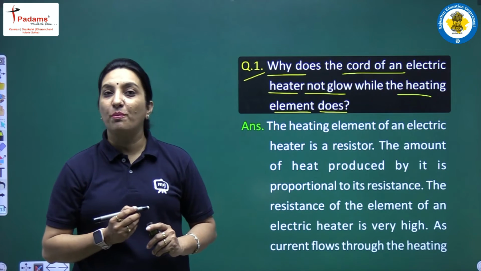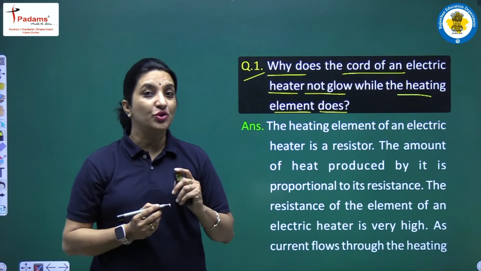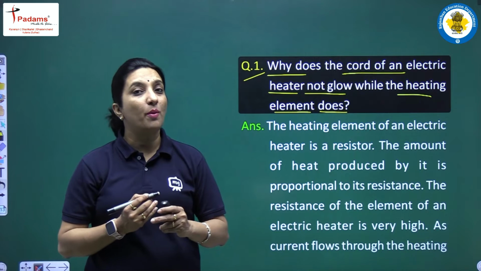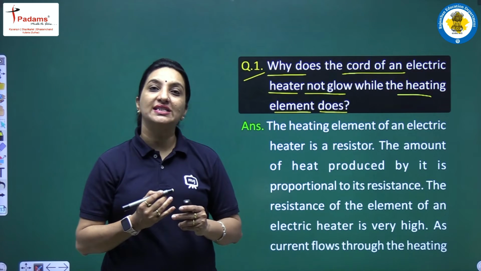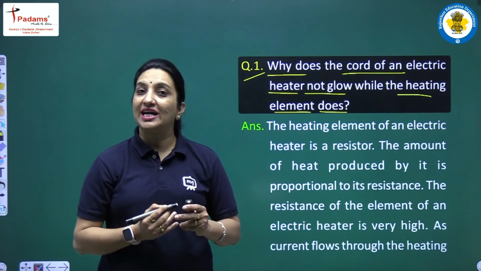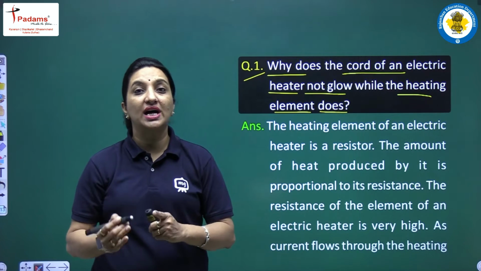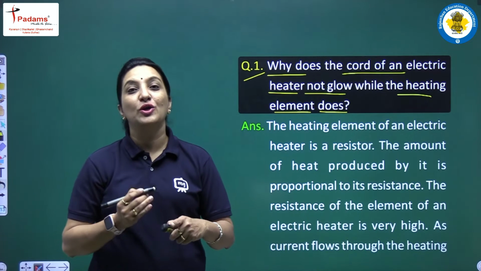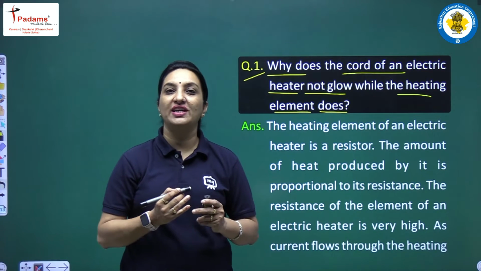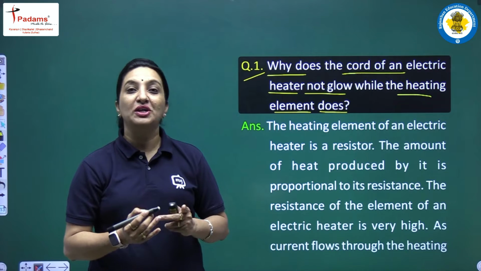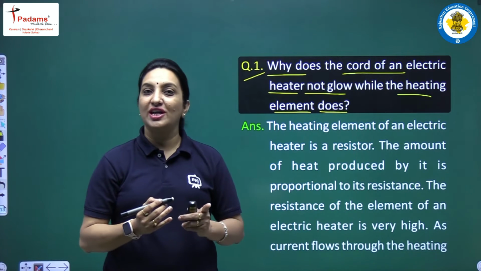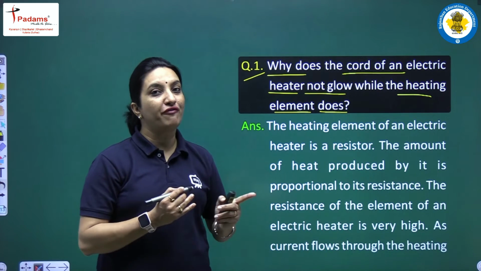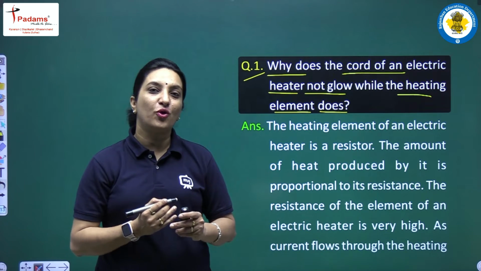वो बनी हुई होती हैं कॉपर या एल्यूमिनियम की। तो जो कनेक्टिंग वायर्स हैं, जो कॉर्ड्स जिनको बोला है, वो कॉपर के बने हुए होते हैं। कॉपर इज अ गुड कंडक्टर ऑफ इलेक्ट्रिसिटी। अच्छा कंडक्टर है मतलब उसका रेजिस्टेंस कम है और रेजिस्टिविटी भी कम है। तो उस केस में हीट जनरेटेड बहुत कम होगी। इसलिए स्टूडेंट्स, एक कनेक्टिंग वायर रेड हॉट नहीं होता, ग्लो नहीं करता, जबकि इलेक्ट्रिक हीटर का फिलामेंट ग्लो करता है।